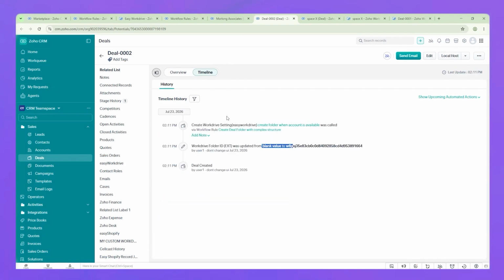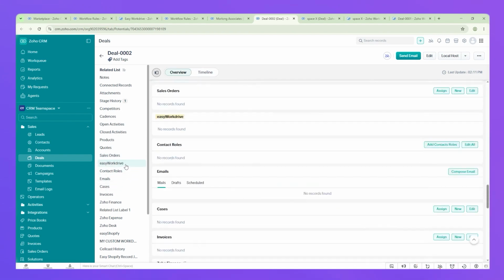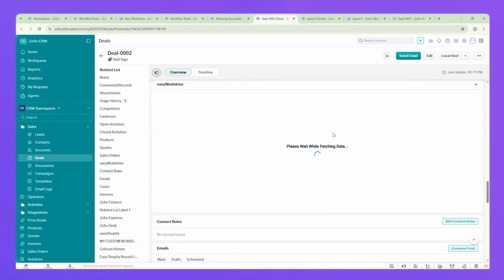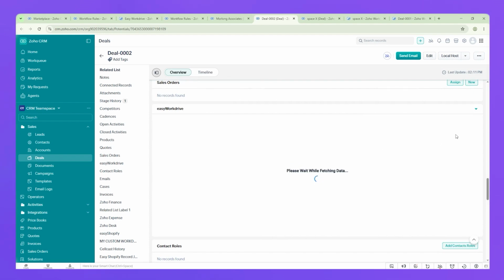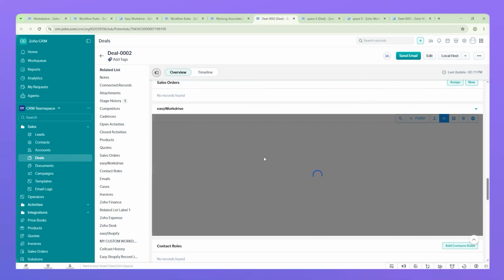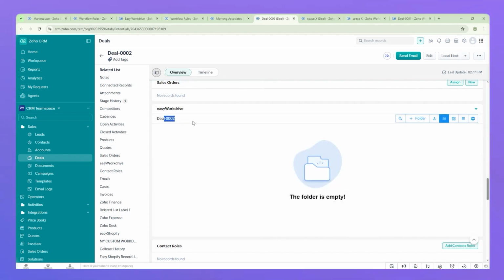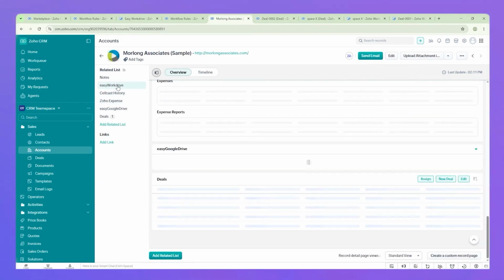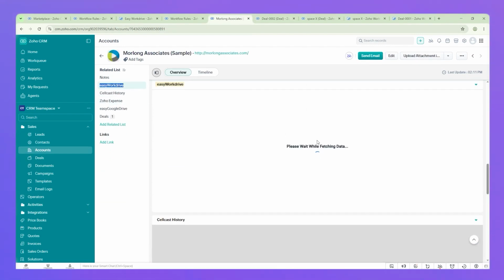This confirms that the workflow was triggered successfully and the deal folder was created. Now, let's open the Easy WorkDrive related list for the account. Now, if we go to the account, open the Easy WorkDrive related list,